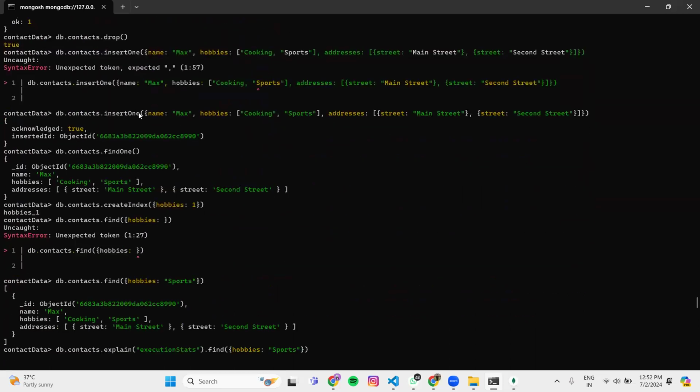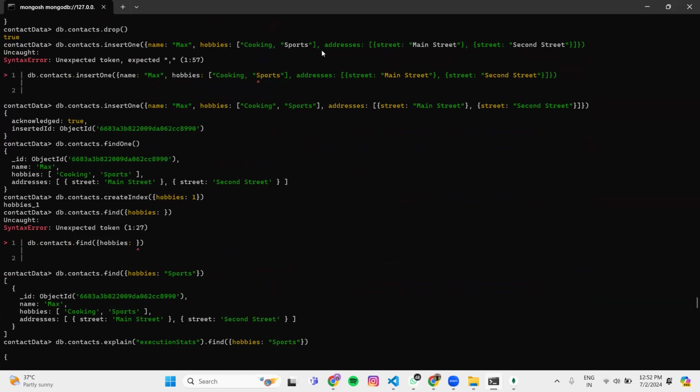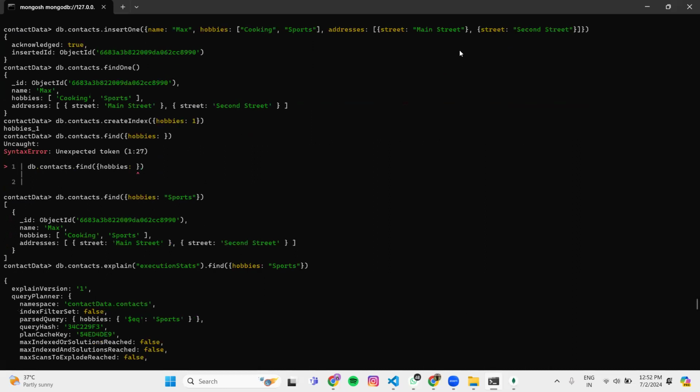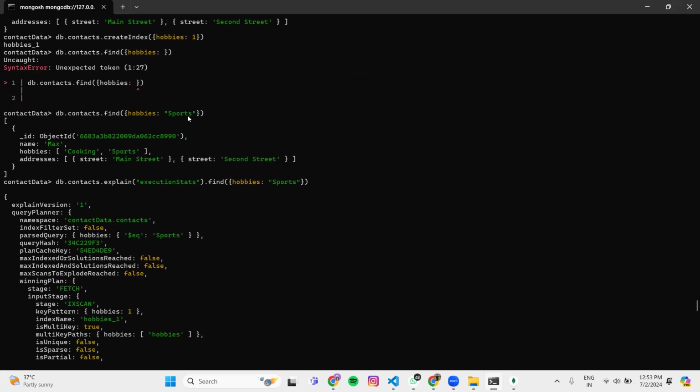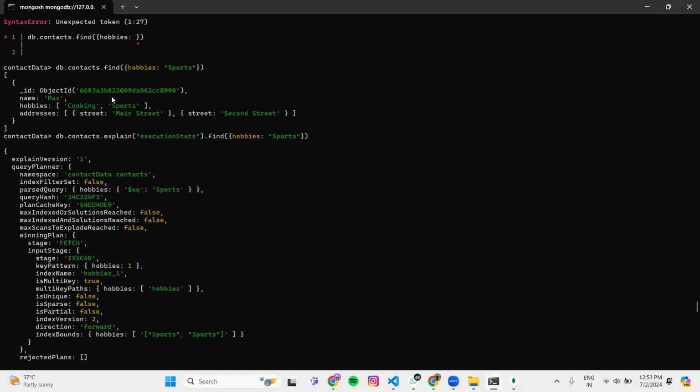So now we have something called multi-key indexes. Here we create a new collection and insert one document. We have name and hobby, where hobby is an array because we have multiple values, and here we also have an embedded document. So if we find one, we see this, and then we create an index for the hobbies, which was an array inside of the document. So we find hobbies for sports, we get this entire document,